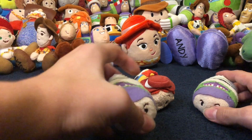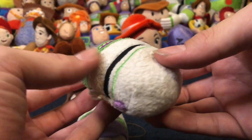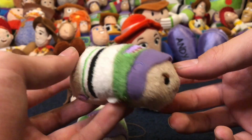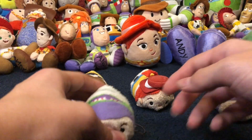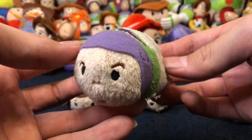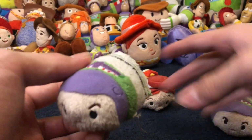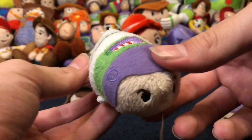They're still pretty popular now, but I don't believe they still manufacture the Toy Story ones at the moment. I have two different Buzz Lightyears. One is in perfect condition, he just is missing his tag. These are both the small variants. I don't have any of the medium or larges. And then I have one that my dog ripped open, and I haphazardly stitched together because I knew I had a second one. But yeah, a very cute